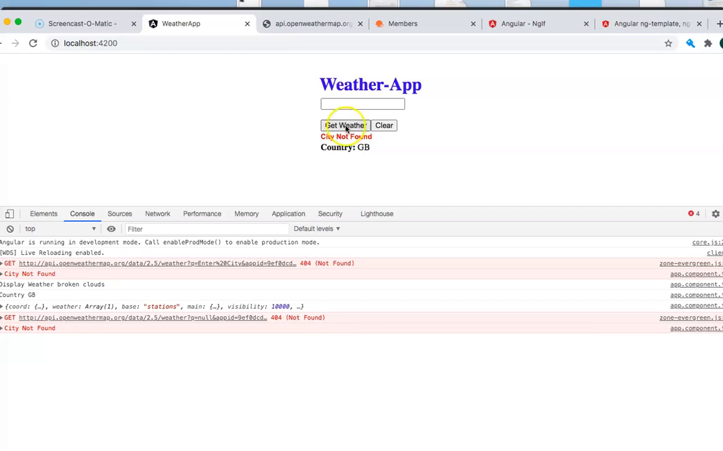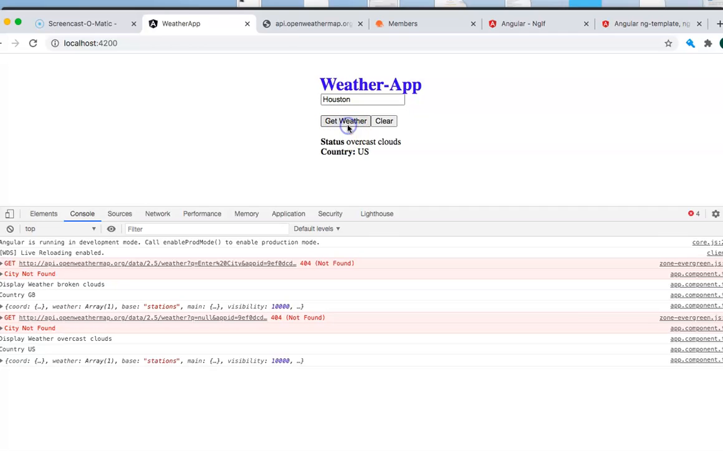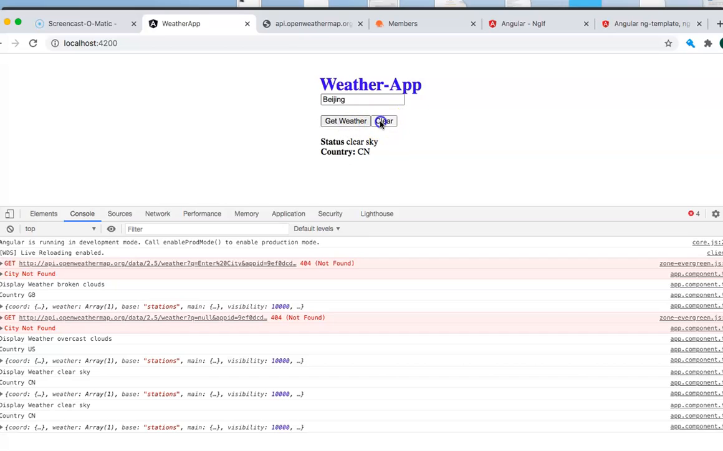So the city not found. We should fix this. It should not show Britain. Let's say Houston, get weather, overcast cloud, country US. What about Beijing? So you can see clear sky. So you can see that the data is coming through, just some minor fix that we need to do to